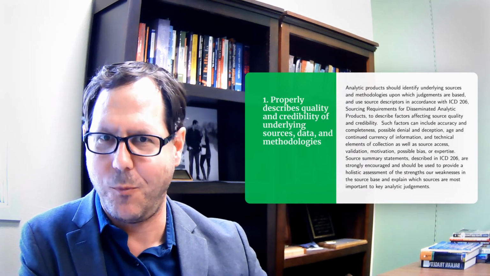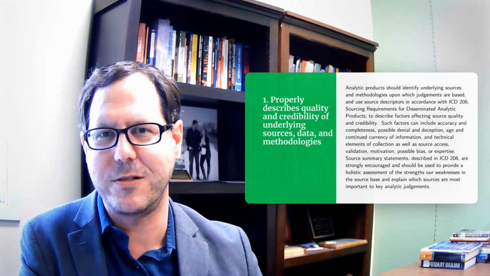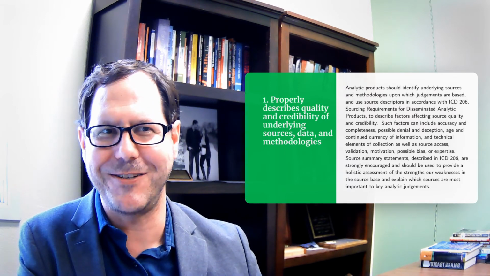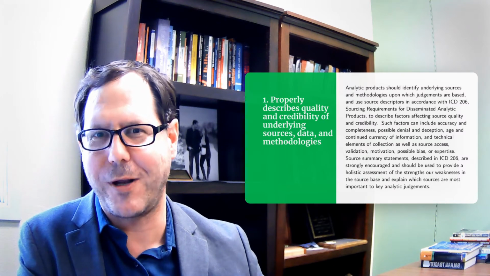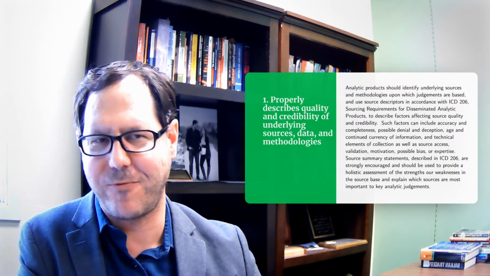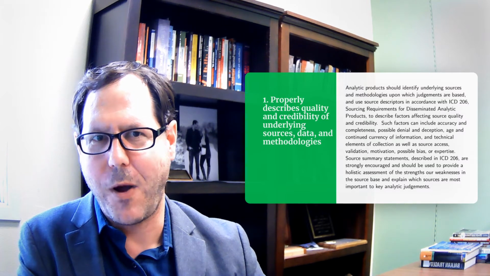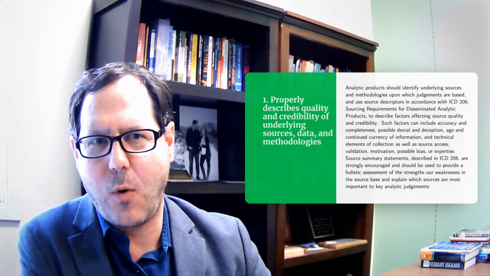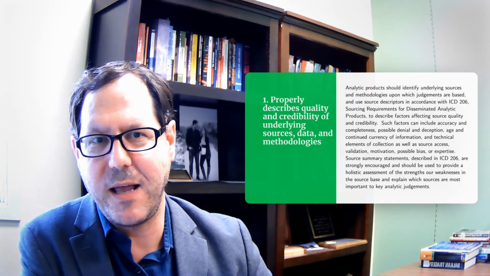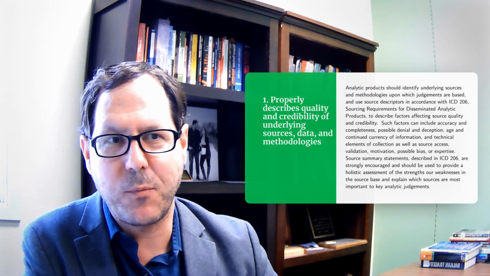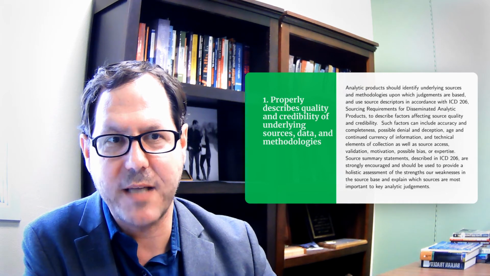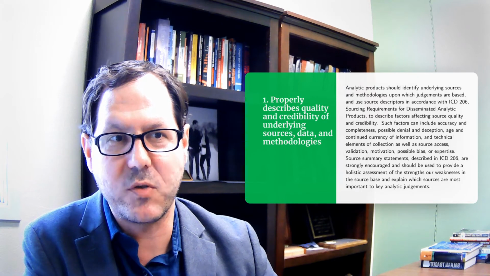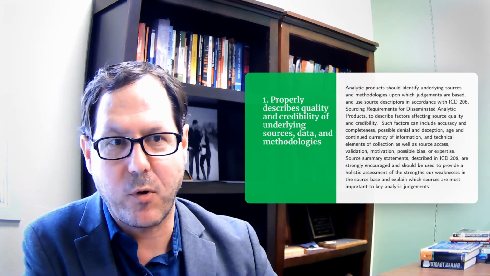Because this is an actual policy document, I'm going to be reading large chunks of text, which I normally don't do on PowerPoints because it's bad practice. But here I'll run through it quickly, and I'll talk about what I think are the interesting takeaways from the policy language. So the first standard is: properly describes quality and credibility of underlying sources, data, and methodologies. And the language is: analytic products should identify underlying sources and methodologies upon which judgments are based and use source descriptors in accordance with ICD 206, sourcing requirements for